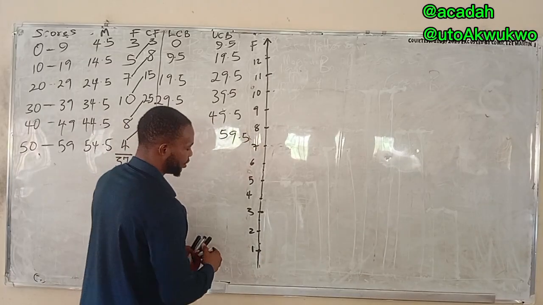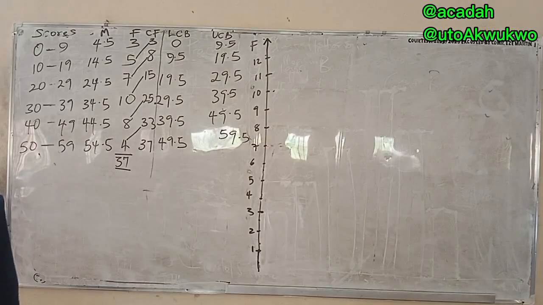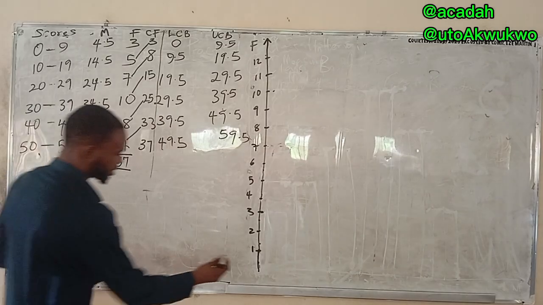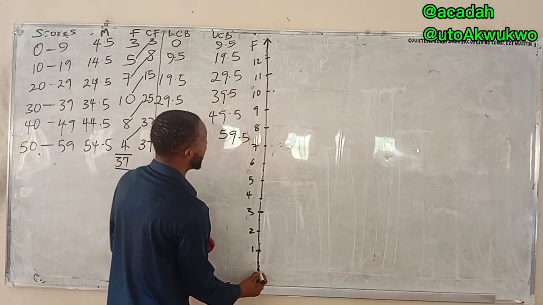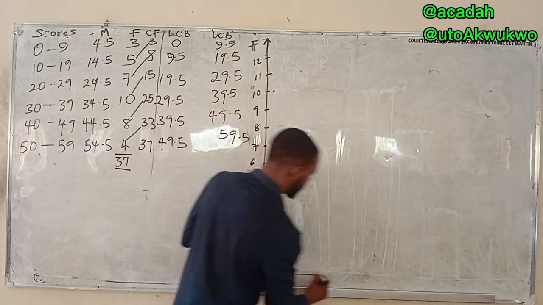Let's start. And also, you can note the differences between histogram and bar chart. One, the horizontal axis of a histogram is drawn with class boundary. Two, histogram does not have space in between the rectangles. The blocks or rectangles do not have spacing. So one, it is drawn with class boundary. Two, it does not have spacing. So let's apply that. My vertical axis for histogram will always be drawn with frequency. Always.